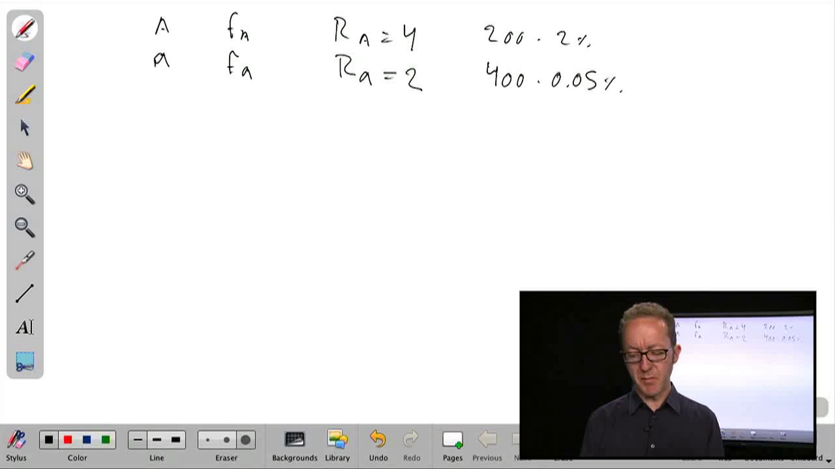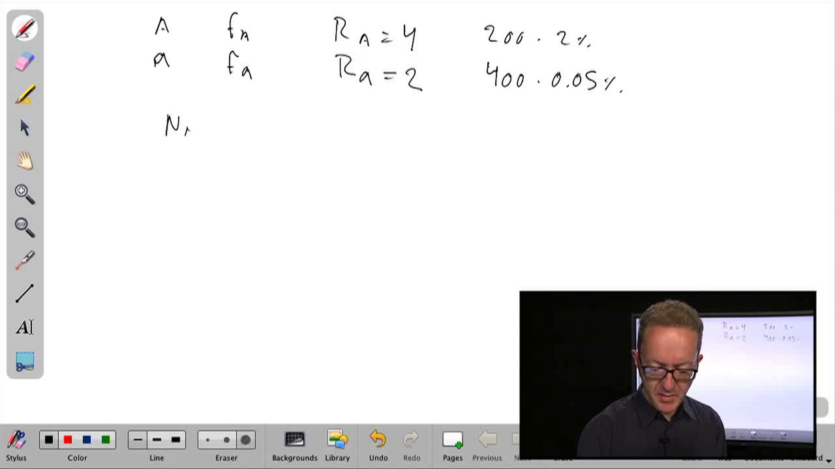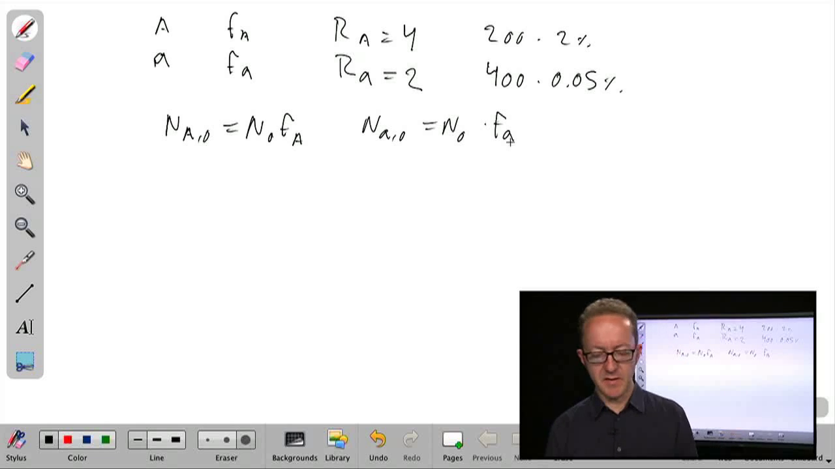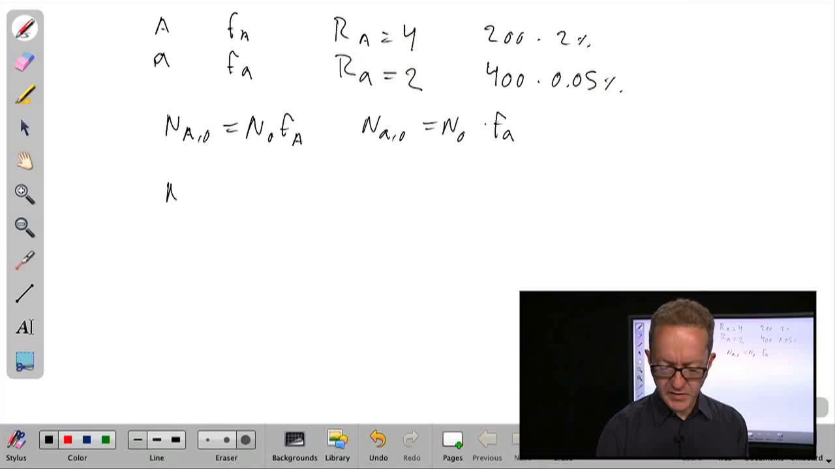Let's now think about what happens when we have a population with these two genotypes growing. So again, we can write expressions for how many uppercase A and lowercase a we have at the initial time points. And these are the same as before, of course. It's the total population size times the frequency of that allele. After t generations,